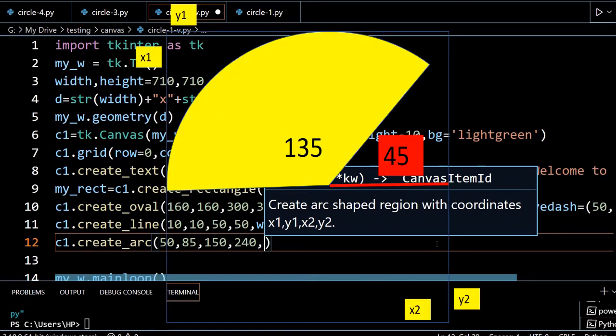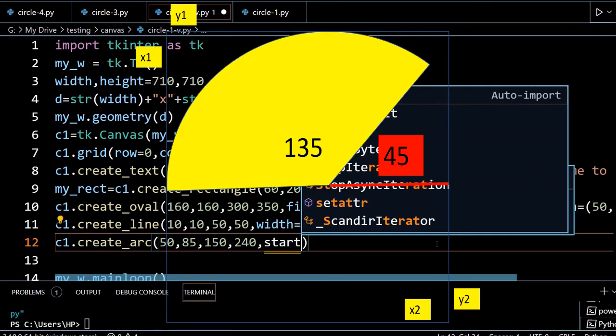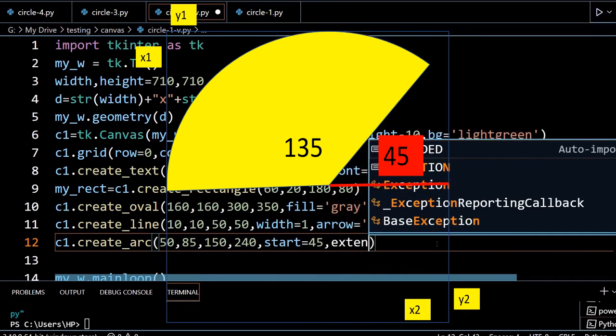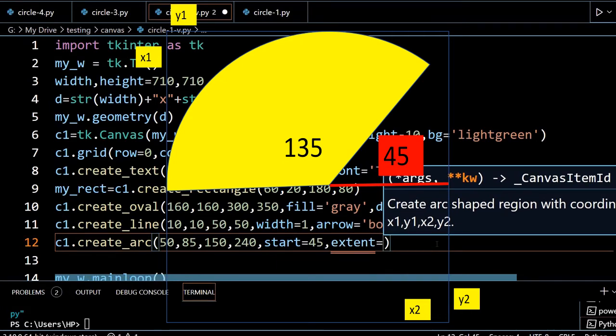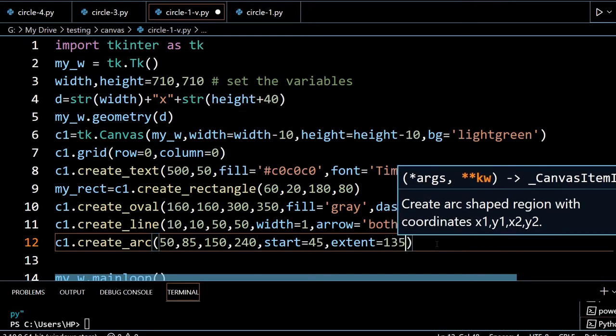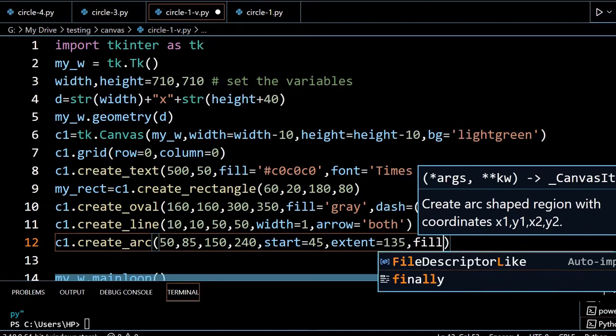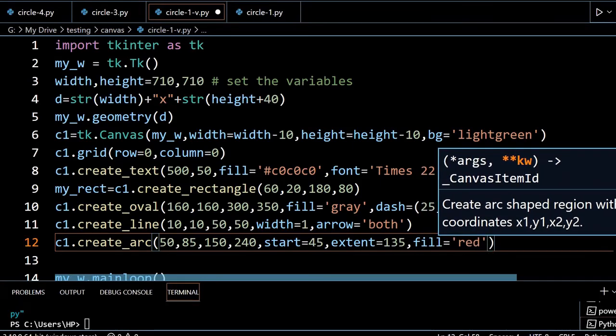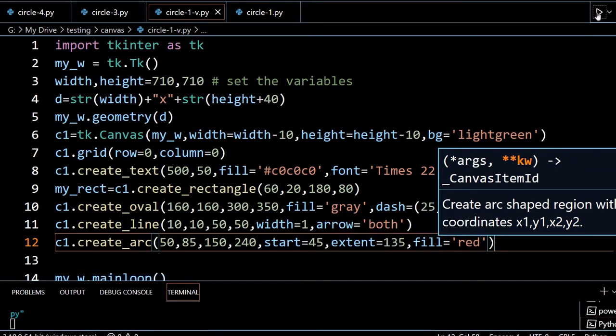So I am telling here the start angle is equal to 45 and let it extend up to 135. And what should I fill it with? Let's fill it with red. You can give a hex value also. I am giving a red value. So start angle 45, extent up to 135. Let's run this and see.